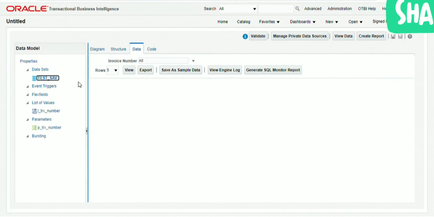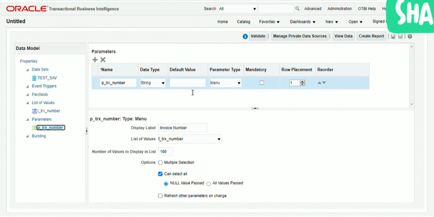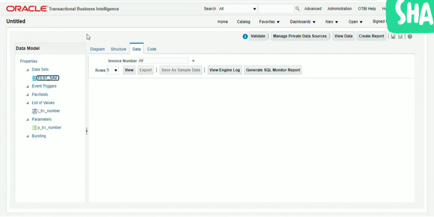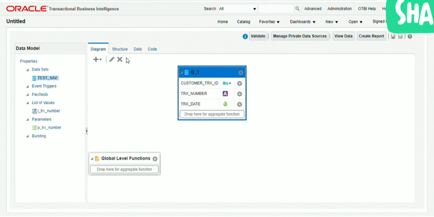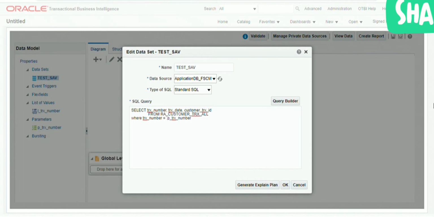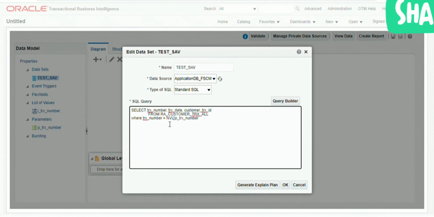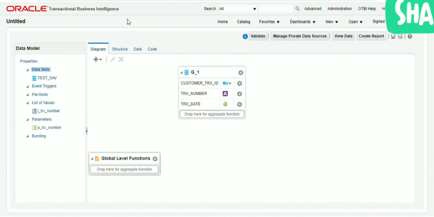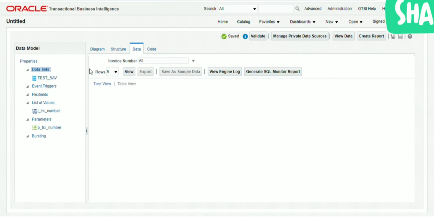Because if we are going to choose null, we are supposed to handle NVL in our query at the place of the parameter. Hence we will select the NVL of the parameter, and now again this null, and we will see if we are getting the data or not.